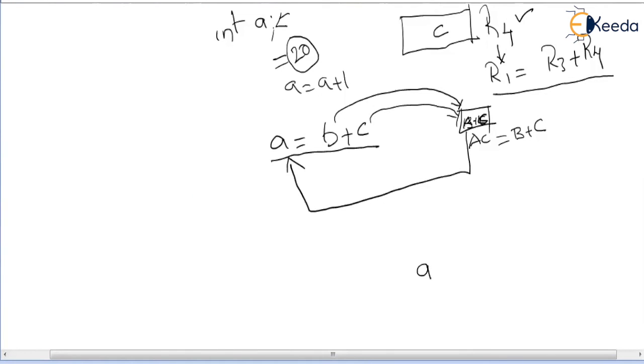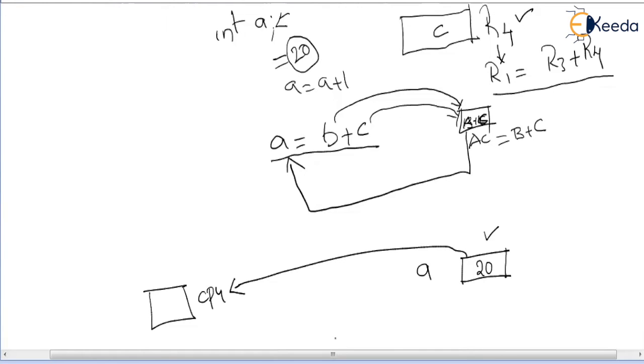You declared A as a memory location, of course, but whenever you perform any operation on A, either addition or subtraction, the operation should be performed in the CPU. You can't perform the operation in main memory. So if you want to perform an operation on this variable, it must be transferred to the CPU, and the operation will be performed in the processor's register that is assigned to A.